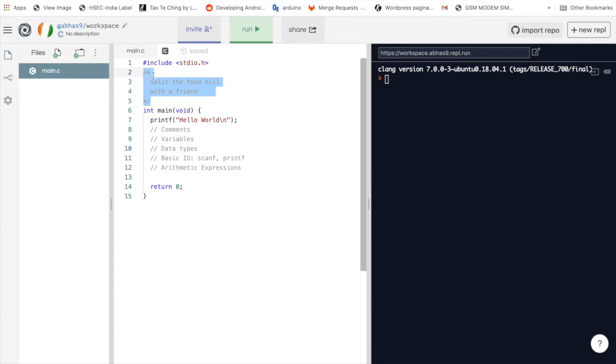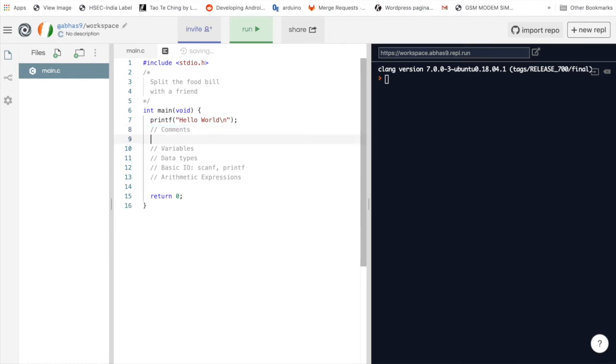What you see over here is a multi-line comment. This is the syntax for a multi-line comment, which begins with slash and then a star and ends with star and slash. Anything which you write within this block is ignored by the compiler and is meant for your own understanding. Similarly, we also have single line comments which can span only one line.